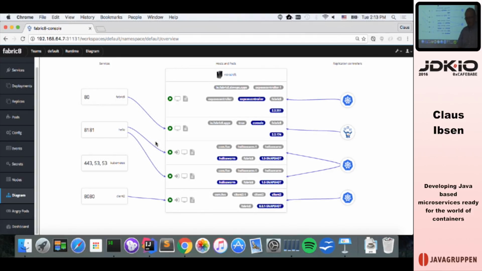So they try to even out, right? You don't want to have one node running 200 pods and another one running 2. So there are ways of specifying all those kinds of things. And you can auto scale, and you can also have manual scale. So there is quite a lot of flexibility there.